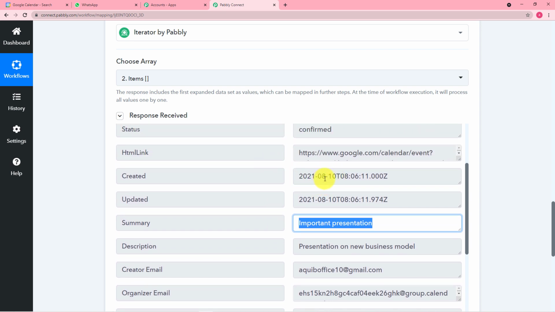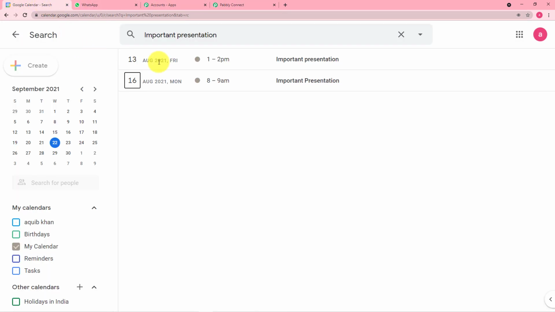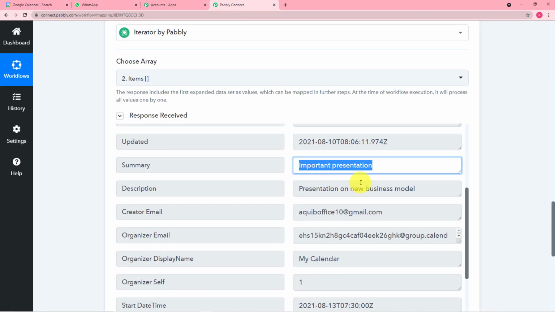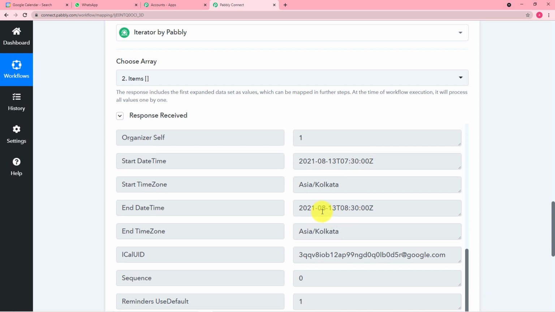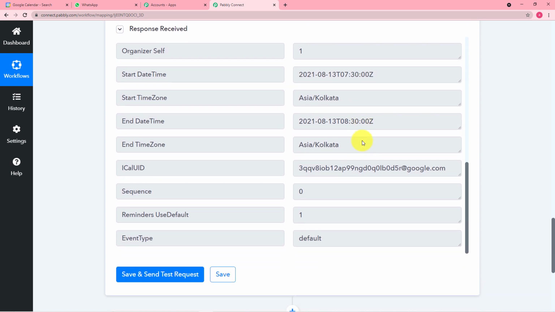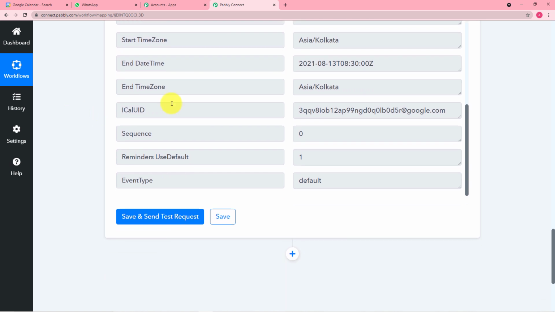Let's see the date also. 13th of August. All right. So August is the 8th month, right? So it is showing the same date here also. You can see 13/8/2021. So start date is 13/8, right? So it took the data of our first event.